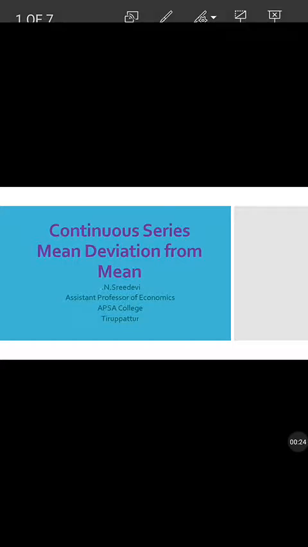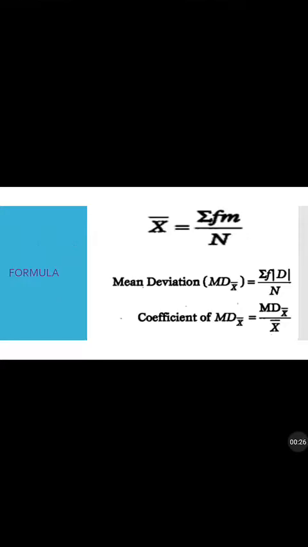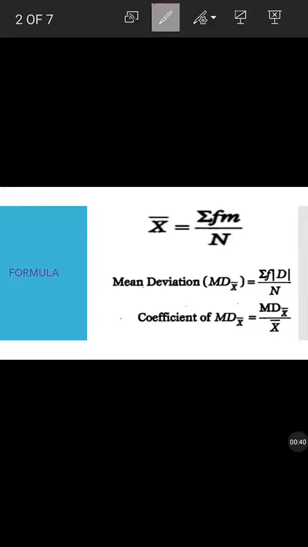Okay, the formula for mean deviation from mean. So x bar, I've given you here x bar. We are going to calculate mean deviation from mean. We have three formulas in total for this particular problem. The first formula is we have to calculate x bar. X bar is equal to summation fm divided by n. So always remember f into m. What is m here? M is the midpoint. So for class interval, we'll be having m.